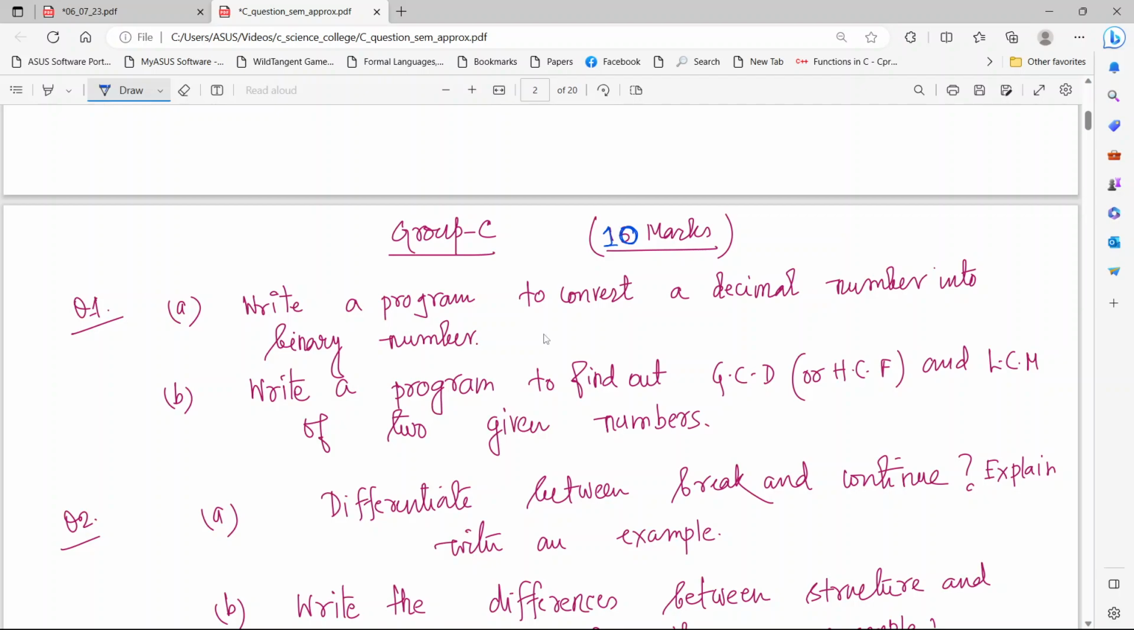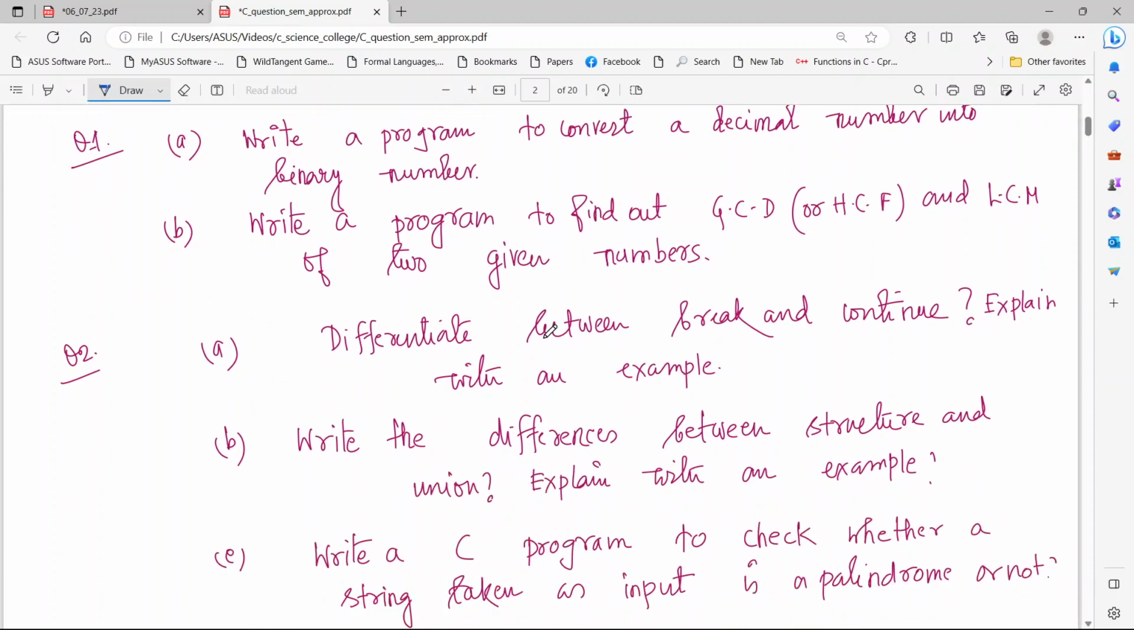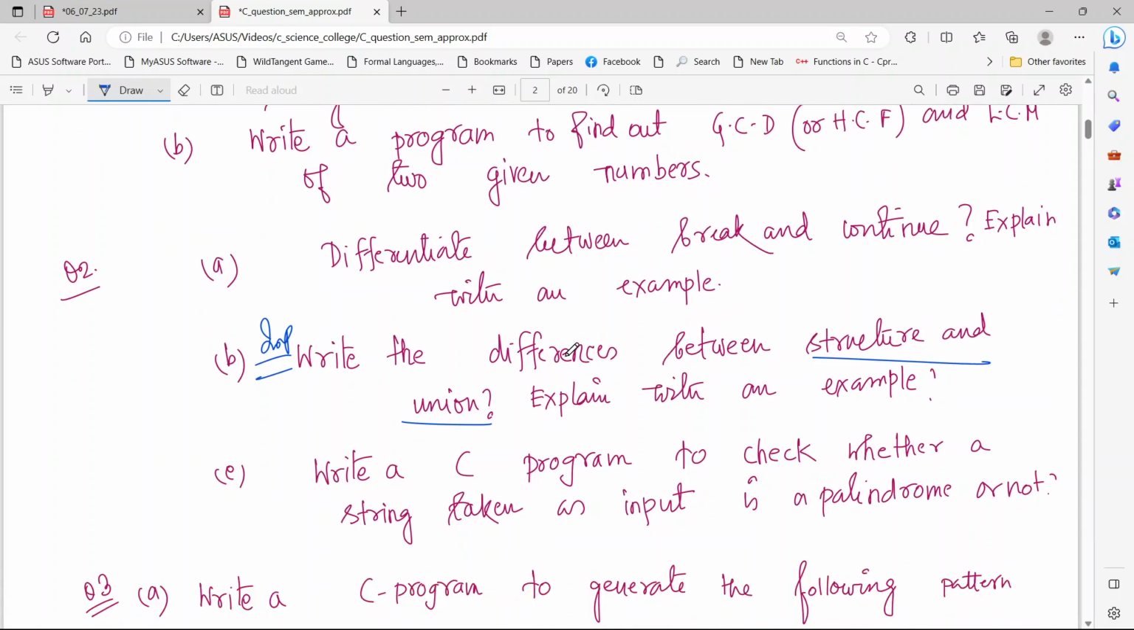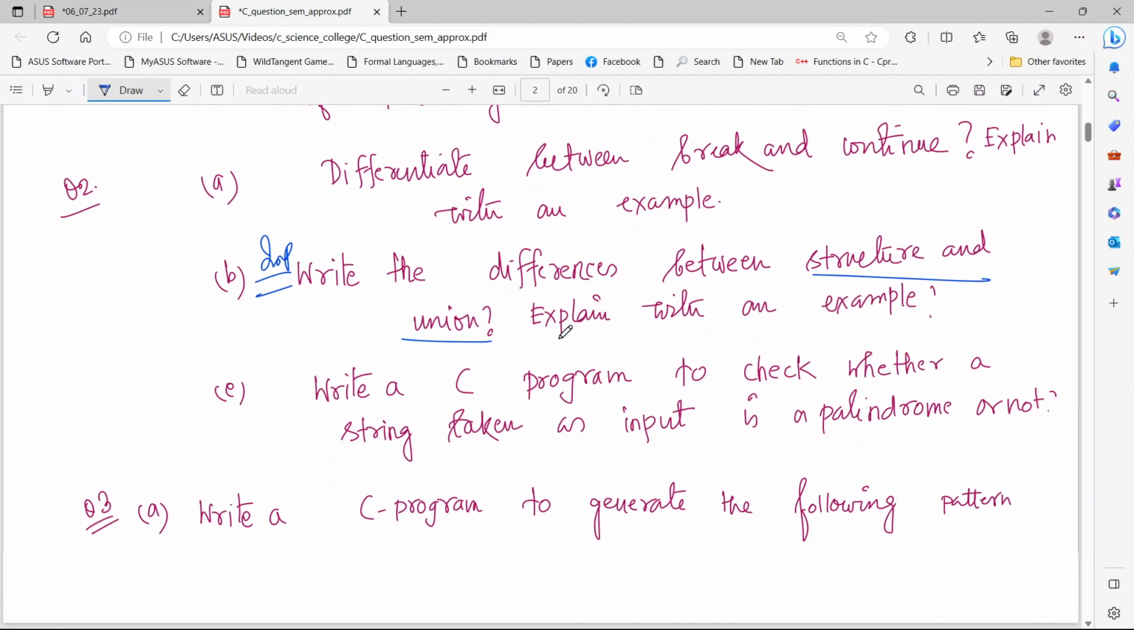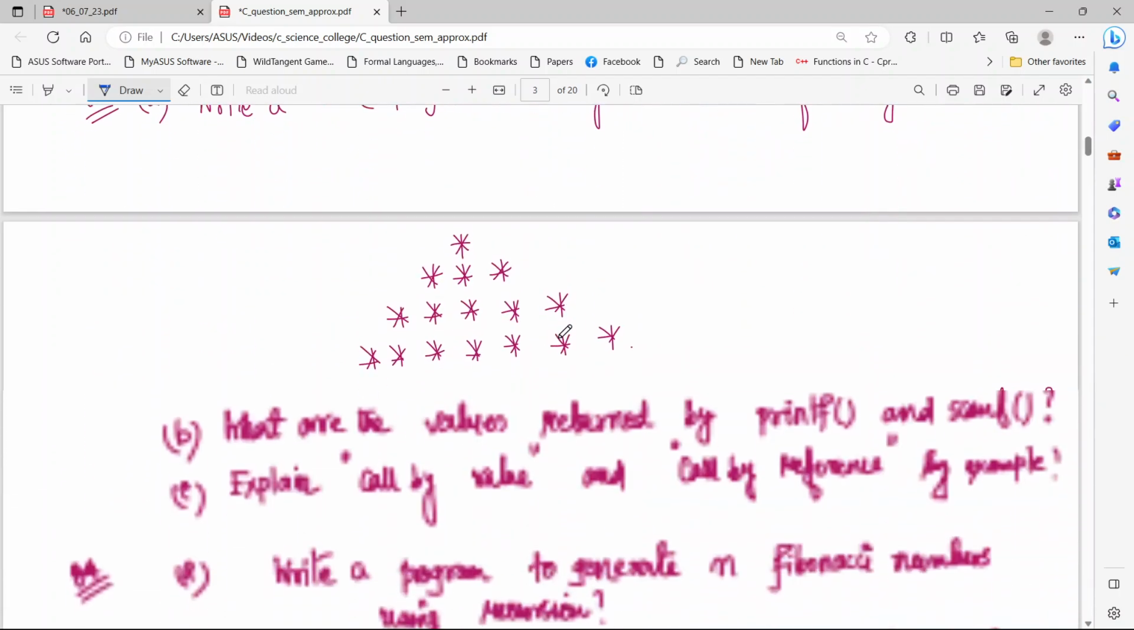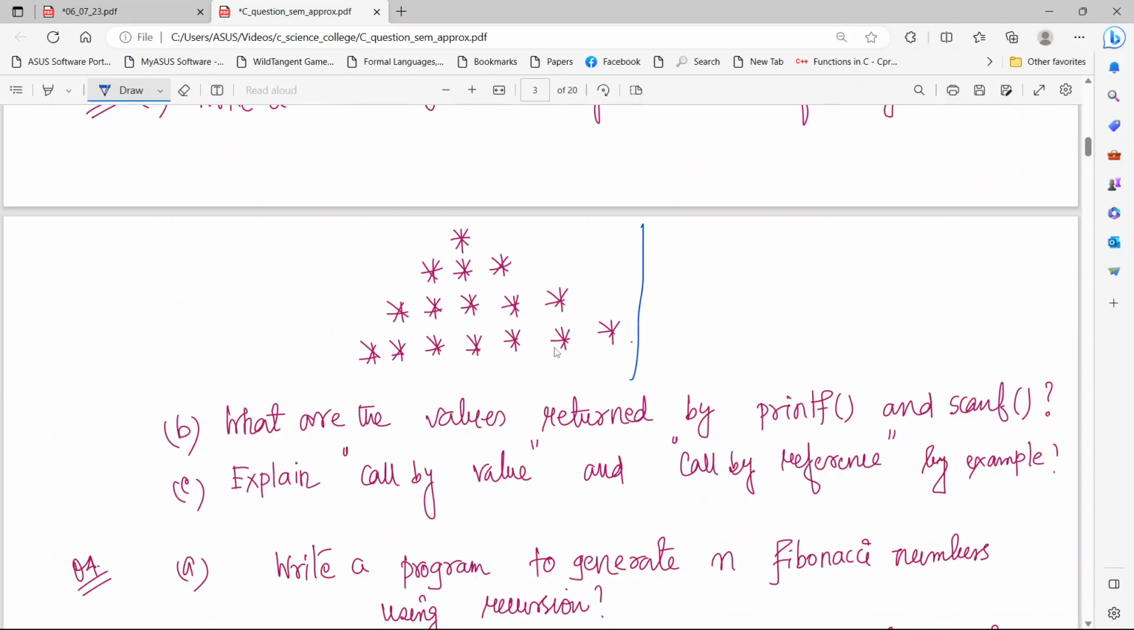So, convert decimal to binary, GCD, the difference between break and continue, the difference between structure and union, that is also very much important, that is also coming in your class tests. I think you should also check whether a string is a palindrome, and you should do this pattern, or another